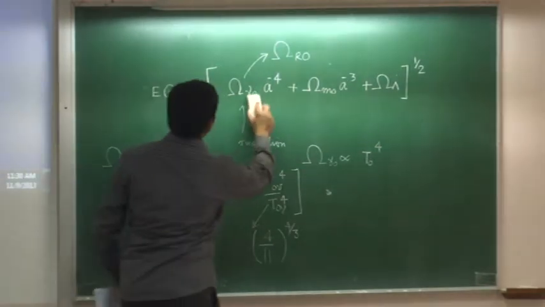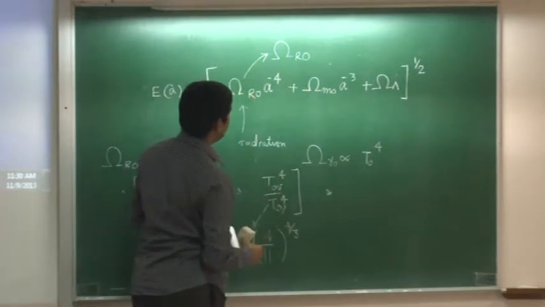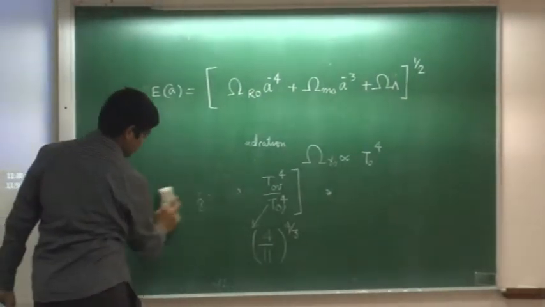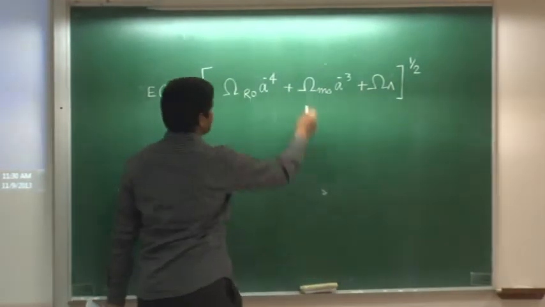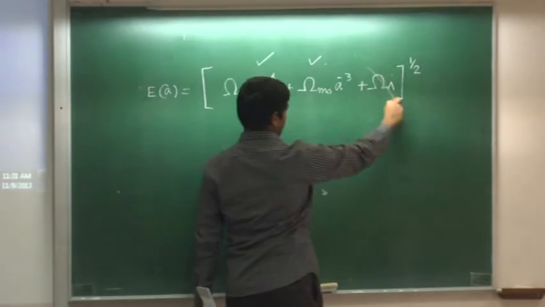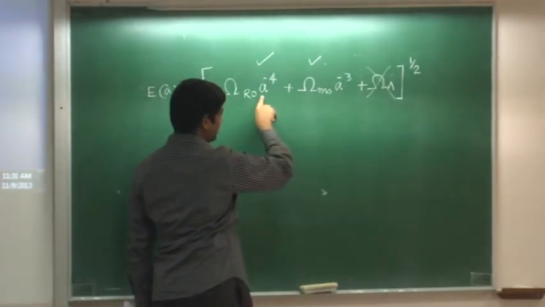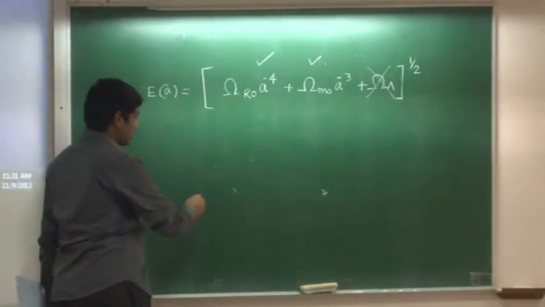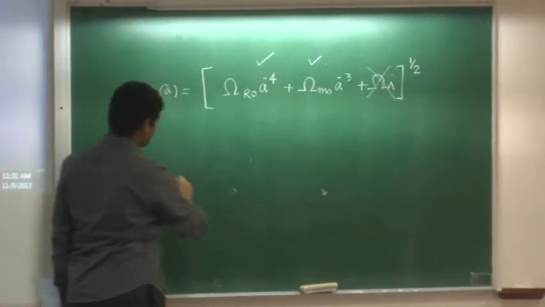now I have replaced this by omega R naught. And I am going to very high redshift, very high Z, very small a. And I am going to a place where these are the terms which are important. This is not important, because it's very high a, so these factors will be very large and this will drop out. In that case, I can now calculate at what point these two terms will have equal contribution.